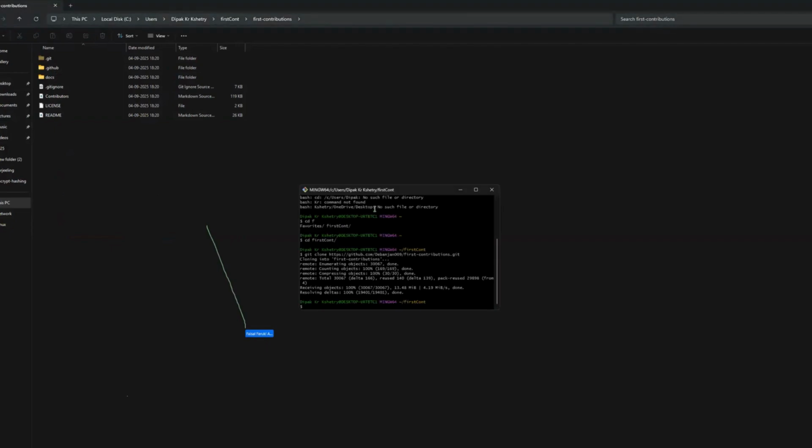So the next thing we'll be doing is we want to go inside this folder. So what we will do is cd again, and you can simply click on tab and